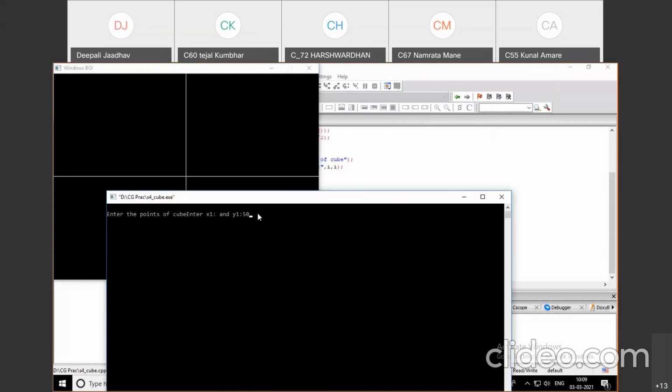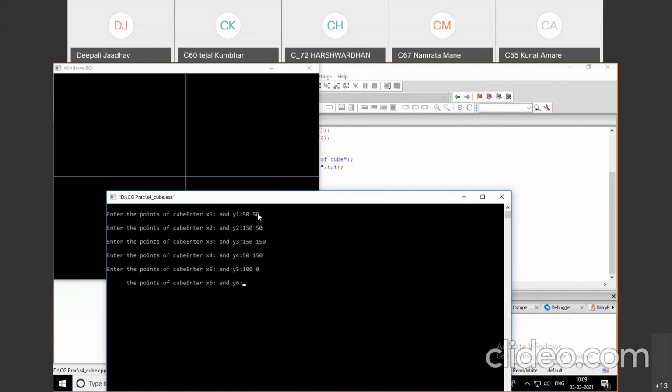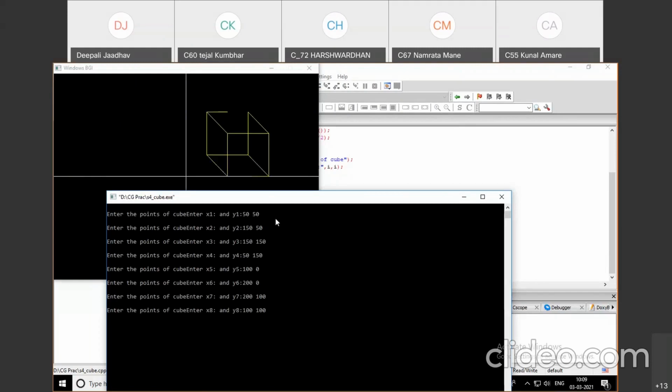I give some minimum values so that it fits in the first quadrant: 50, 150, 50, then 150, 150, 50, 150, 100, 0, then 200, 0, 200, 100, 100, 100. So the cube is generated in the first quadrant only.